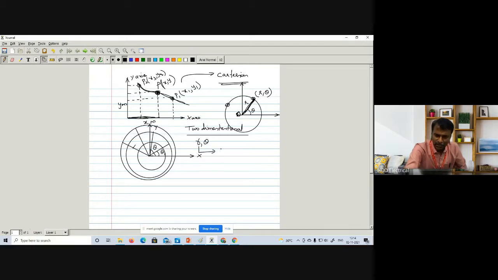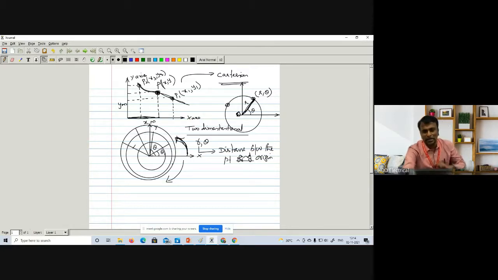R is otherwise called the distance between the point and the origin. So this radius is changing, as well as the angle of inclination. All the time we will take this anti-clockwise. This is the anti-clockwise direction, and this is the clockwise direction. So we normally refer to the anti-clockwise direction from the x-axis for how the theta angle will be. For that purpose, we should use the polar coordinate system.